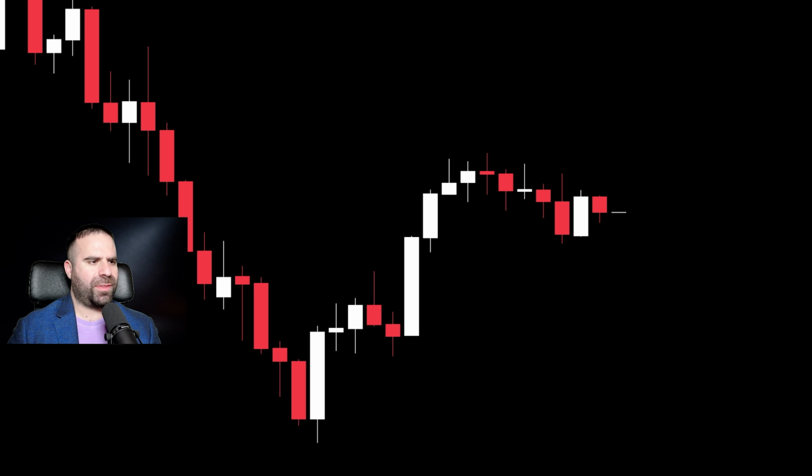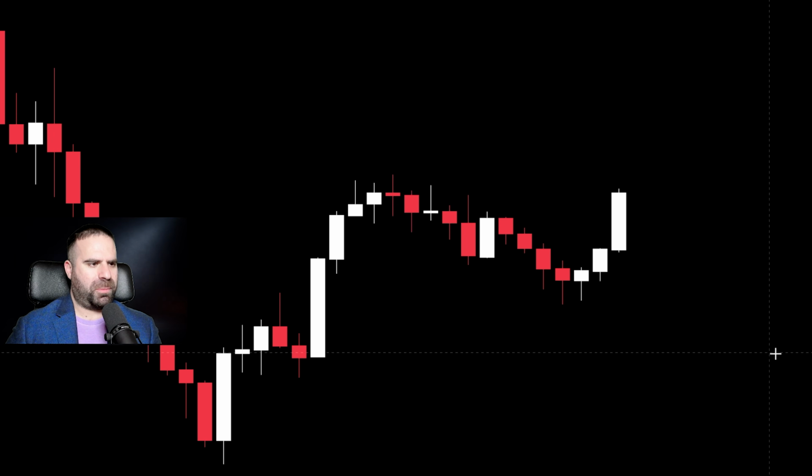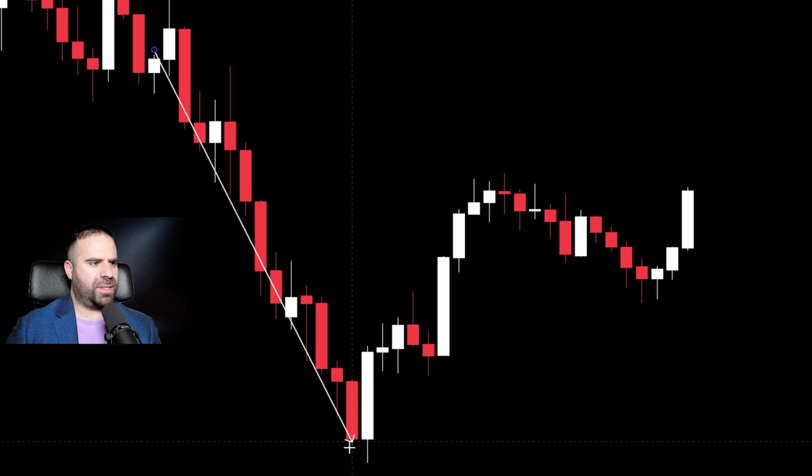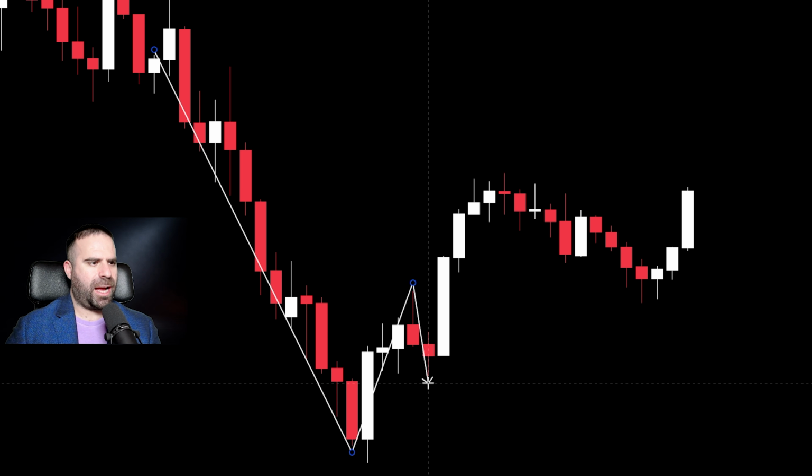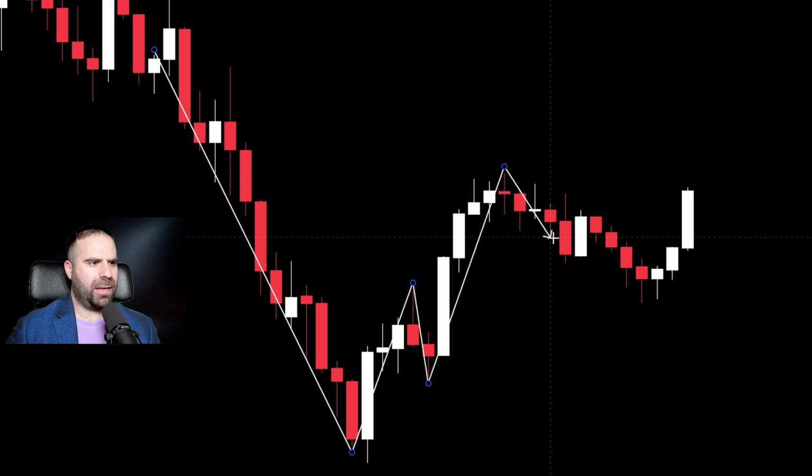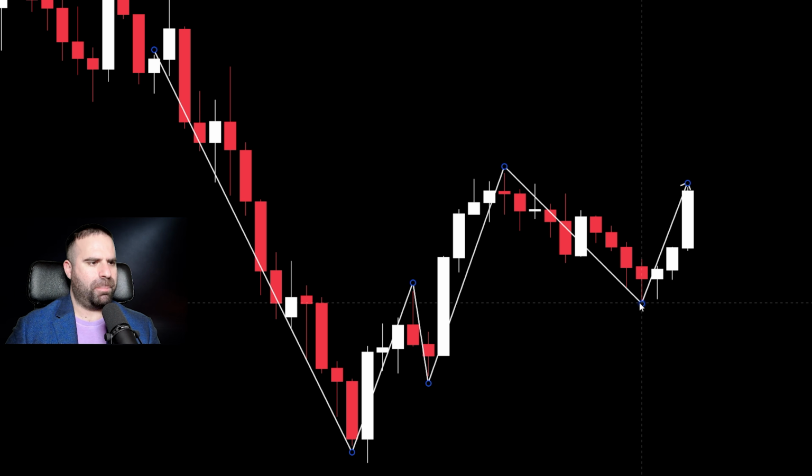Now, look at this example. This is a very, very nice example right here. Okay, let's proceed from here exactly. You are having this downtrend, and then you're having a high, a higher low, and then you're having a higher high and a higher low right here, followed by another impulse. So let's begin from here.